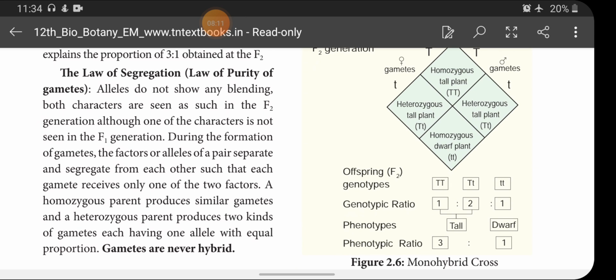Okay. Here, what is the law of purity? The same thing, but what we should understand here is that though the two alleles of two characters are inherited, only one parental trait is expressed. We could not see any medium height or any dwarf plant. So what it should indicate to us is that the genes of the two parents are not